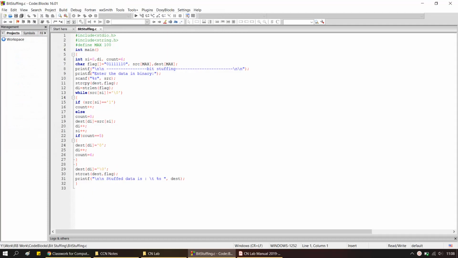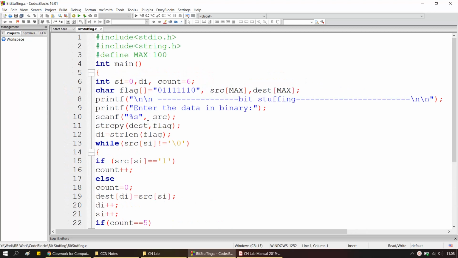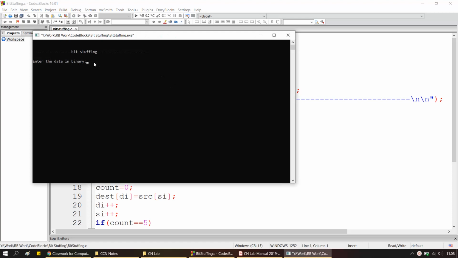So once you create the program, you will have a few supporting files. You don't have to worry about that. You need to concentrate on the .c file, that's all. So this is the bit stuffing program. When you give a run, this is the program which is going to be running. Alright, so I'll just check if the program is running, and it is running fine. You need to get a black screen, and it should show a prompt.